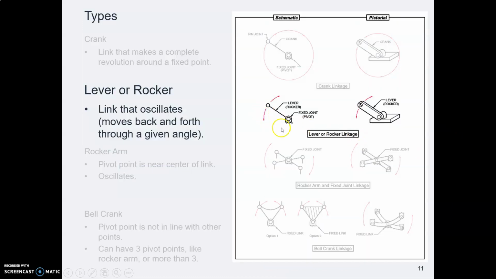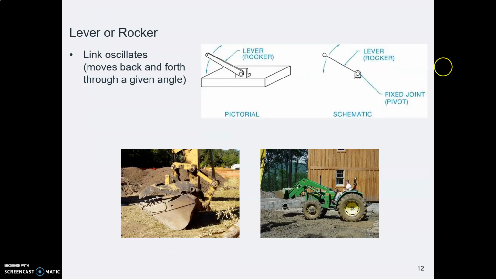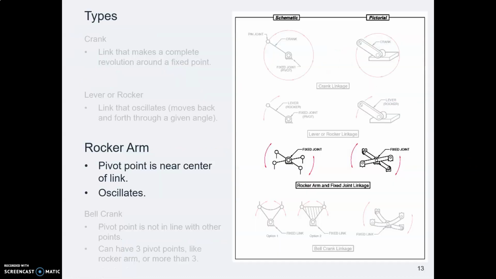If you have a link which is fixed at one end and the other end oscillates back and forth, but it does not go in a full circle, that's a rocker or a lever. You see a lot of these kinds of linkages, all four kinds, in various kinds of excavation equipment and earth-moving equipment. So there's a lever or a rocker. It moves back and forth. If you have a rigid bar that moves back and forth, but the pivot is in the middle of the arm, that's called a rocker arm,